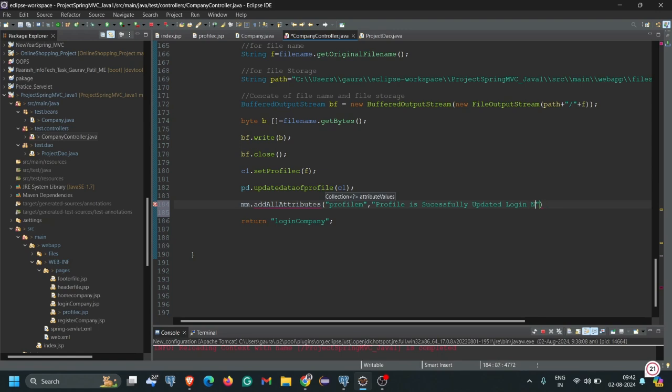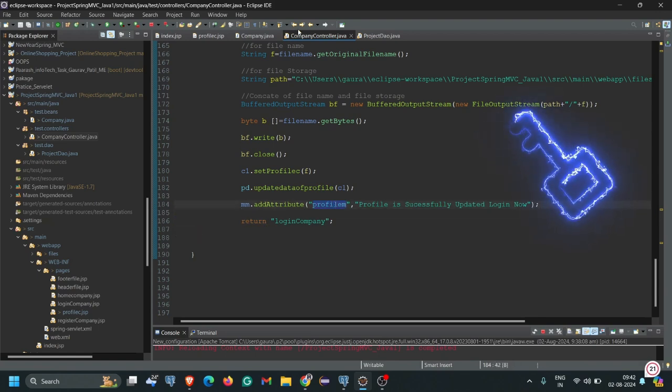So this kind of message we have to show our user. We have to write addAttribute, not allAttribute. We simply copy this key from here, that is profilem,